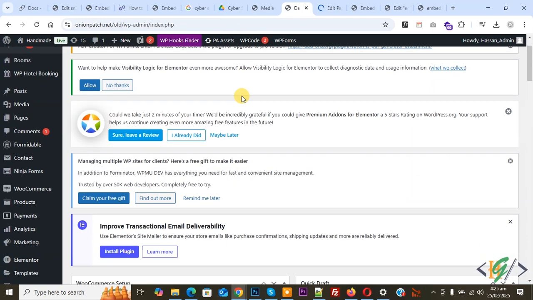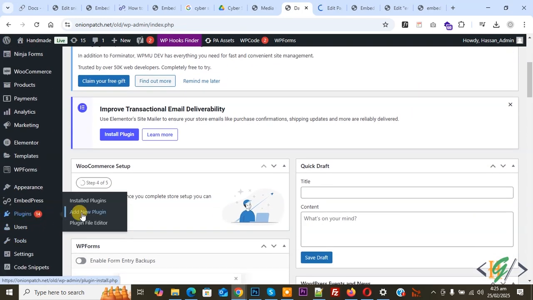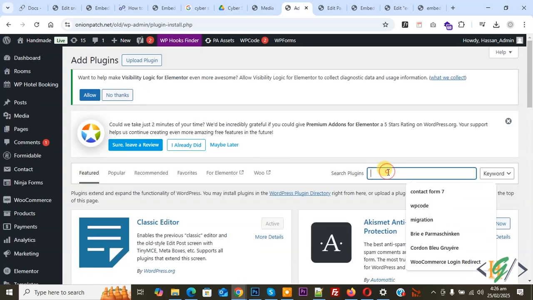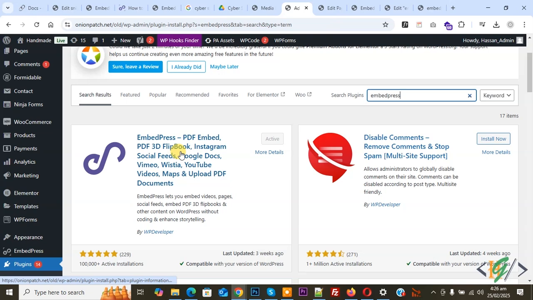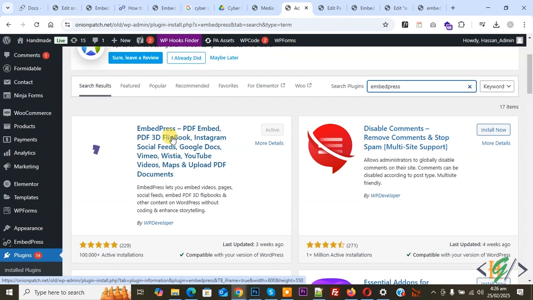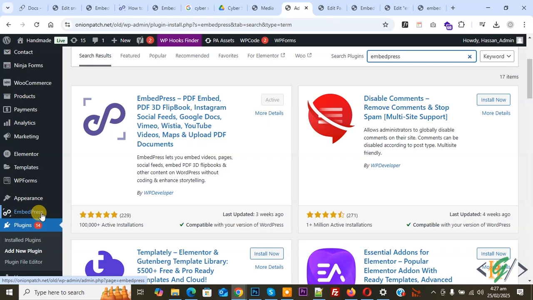Now go to the dashboard. On the left side you see Plugins. So click on Add New Plugin. Then in the search plugin box write EmbedPress. So this is the plugin we will use. You will install this plugin and activate it, and after activation on the left side you see EmbedPress, so click